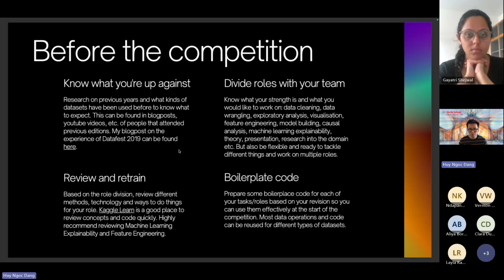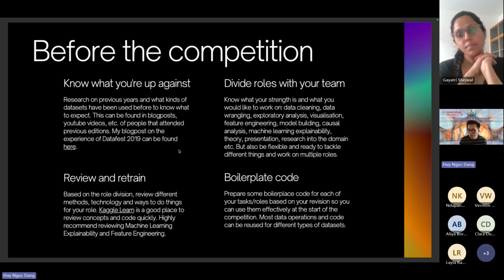So the first step is to just basically do some research, right? So to know what exactly you're up against. And so if you're perhaps participating in something that is being organized for the first time, then this is not something that you maybe have the privilege of, but then you also know the directions, right, of the hackathon as well. You know the topics perhaps, and then you know perhaps what some of the other schools are that are joining.